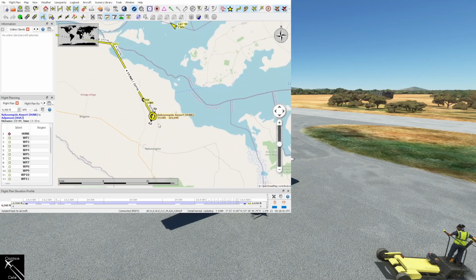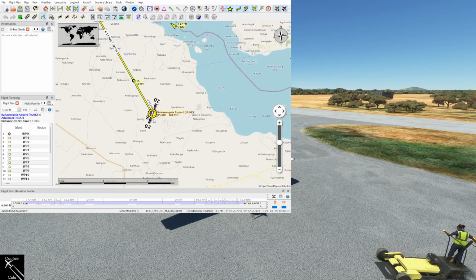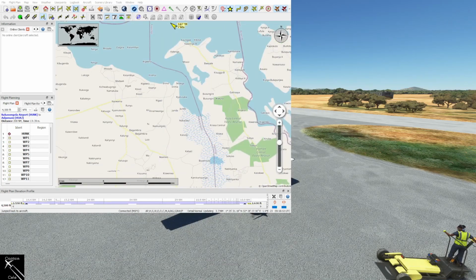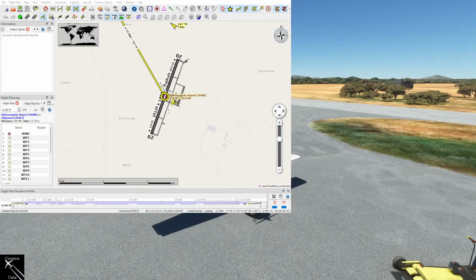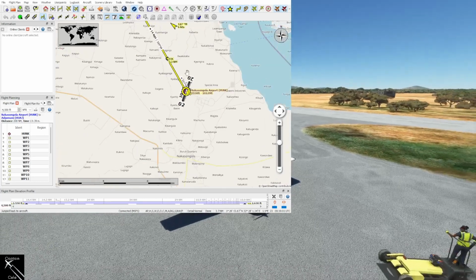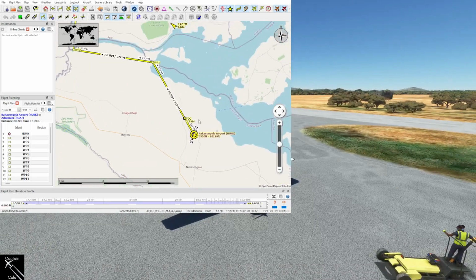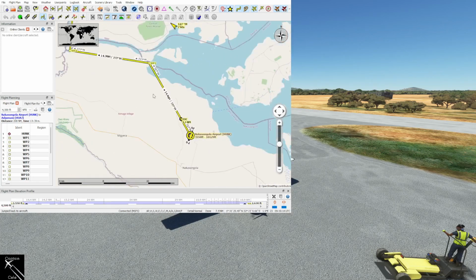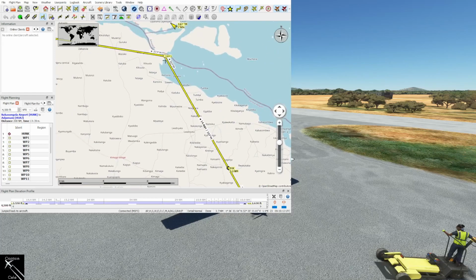So this is us here currently at Nakansangola airport. I've checked the weather. Let me just double check the weather again, and the wind is currently coming from 129 degrees, so we will probably take off from runway 20. So it should be basically taxi out of here, taxi to the right, and then take off on runway 20. It'll give us a bit of a crosswind, but it's not too strong today. Going to continue on runway heading until we've cleared the runway, and then we'll make a right turn and pick up the entrance to the River Nile, or the exit, sorry, out of Lake Kyoga onto the River Nile, so